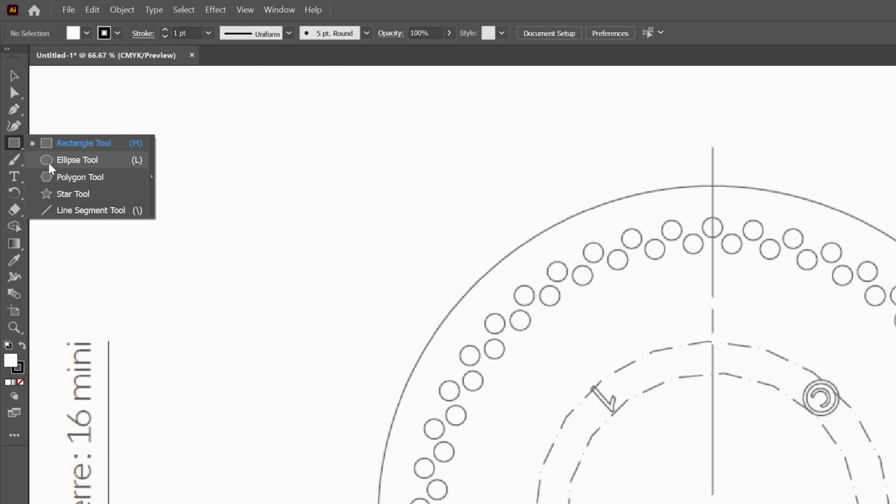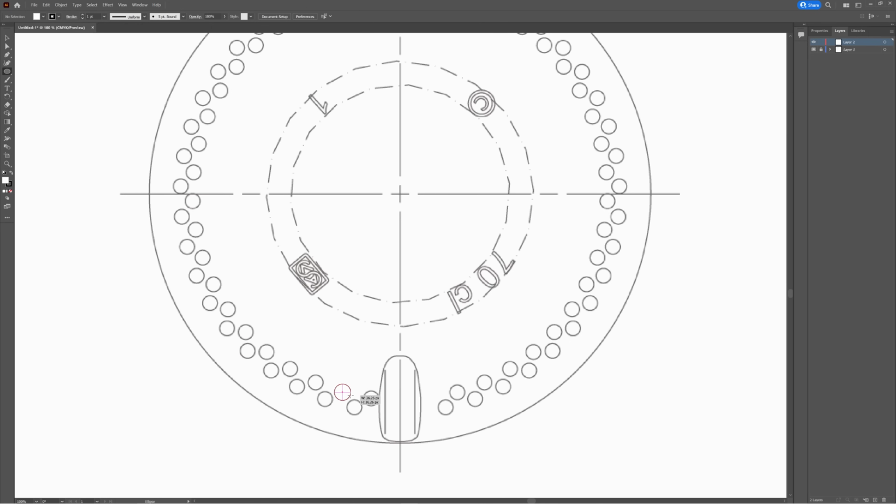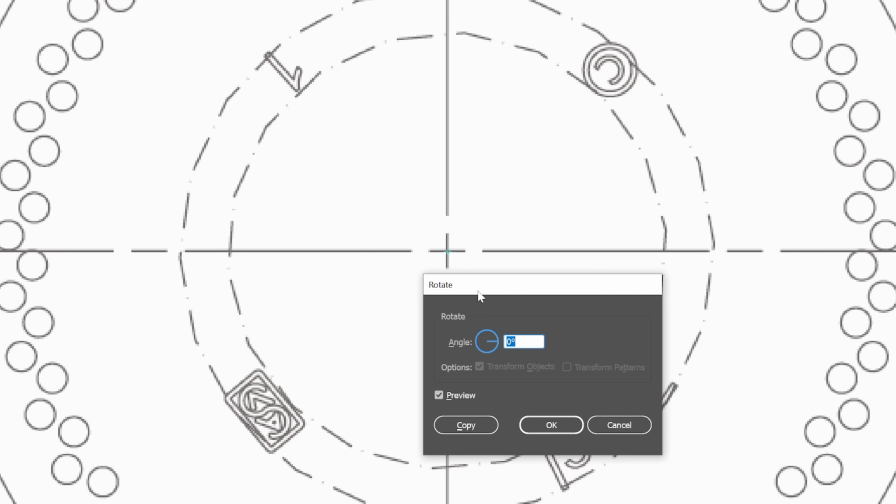Let's grab the ellipse tool and then let's make a circle and line it up with the circles on the reference image. Let's rotate these around an axis. Press R for the rotate tool, and if we hold Alt/Command, we'll see 3 dots appear. Left click and we'll get this rotate menu pop up. We can now type 360 followed with a / and then the amount of circles we want to create, then